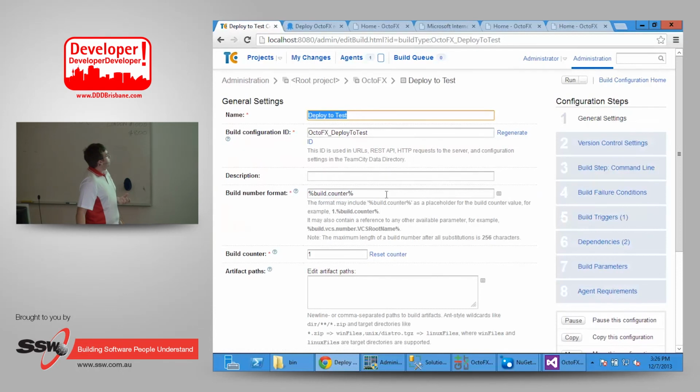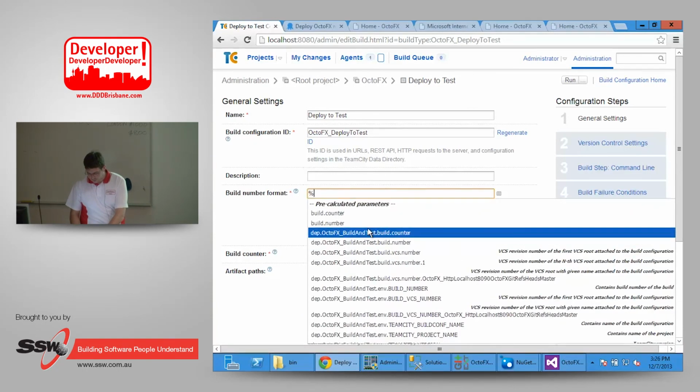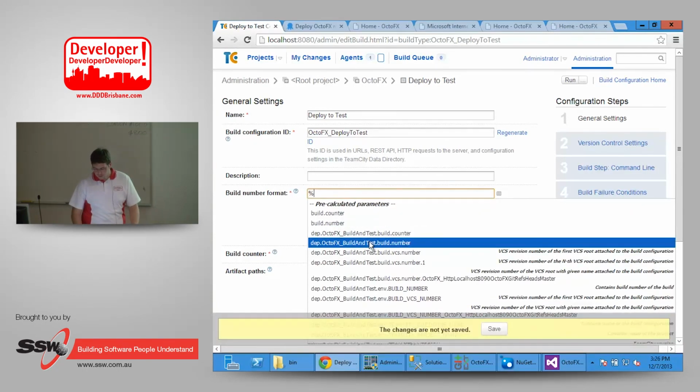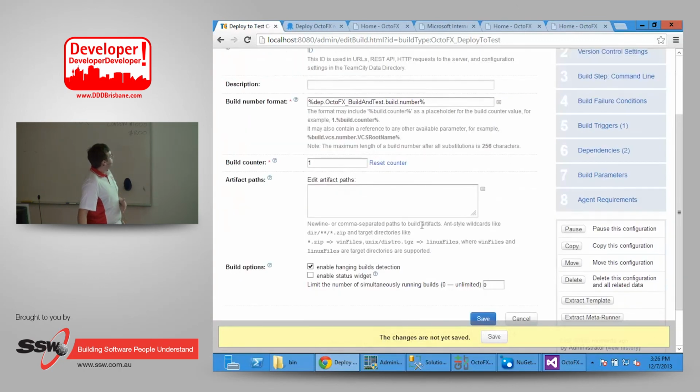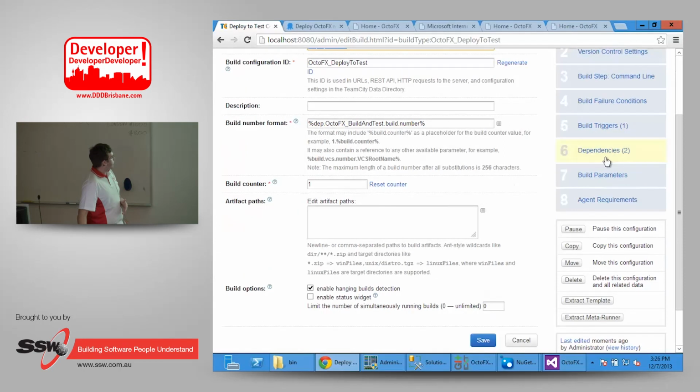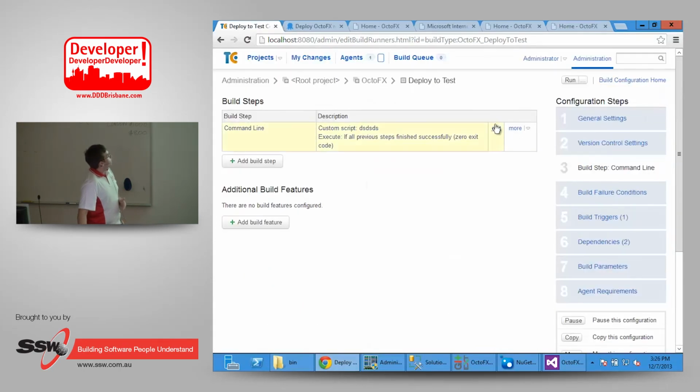Okay, so back here on general settings, instead of having another auto-incrementing build number from TeamCity, we'll set up a dependency. So we've got our dependency, we'll tell it to use the same build number that was used in the first build. So that way, each of the builds will have the same number in TeamCity. Okay, we can save that. Okay. And I'll delete this